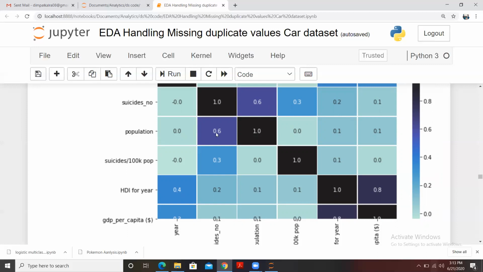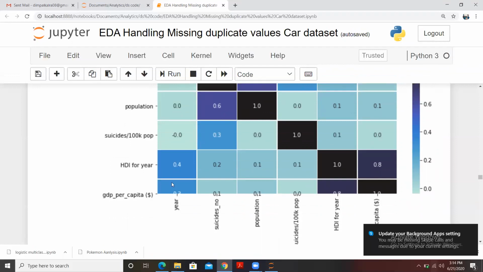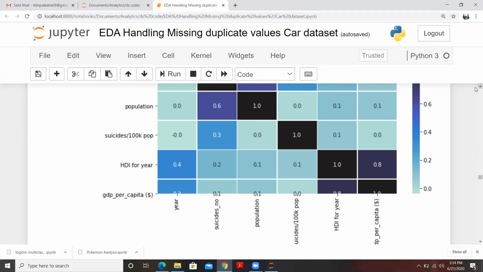And for this part as well, population and suicide numbers 0.06, SDI for year and GDP per capita, that is 0.04. Anything which is close to 1 shows a better relation, and anything which is not close to 1 does not show a perfect relation, or you can say a better relation.